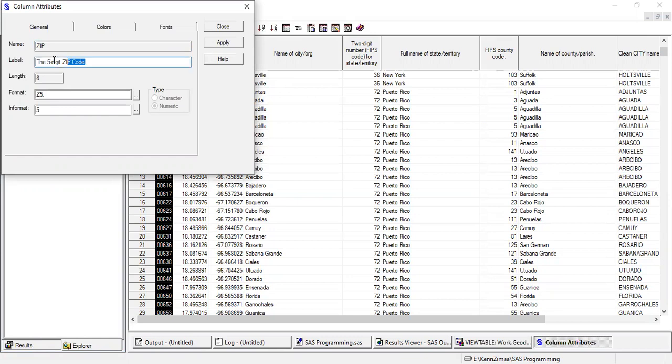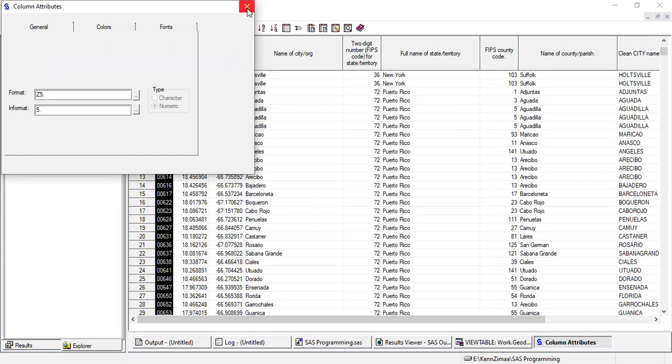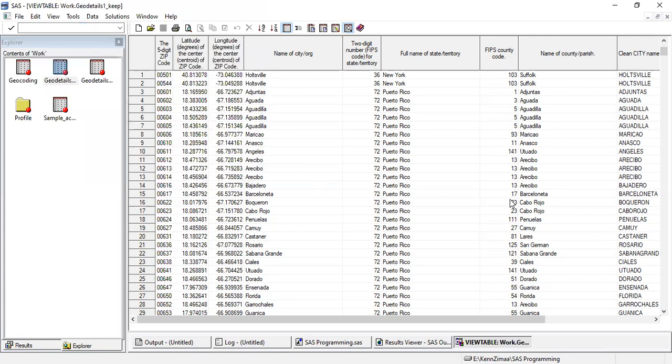Here we can see the label and the actual name of the variable. The actual name of the variable is zip and the label is 5-digit zip code. So this is how from a data set as well, we can see the exact variable name.